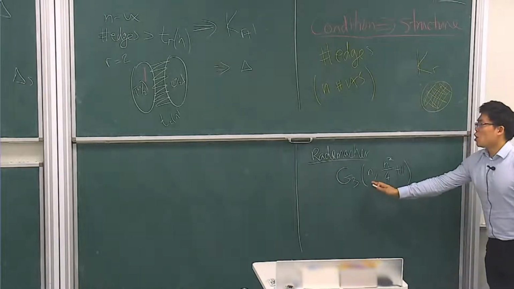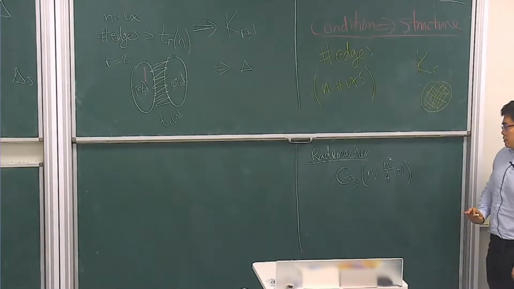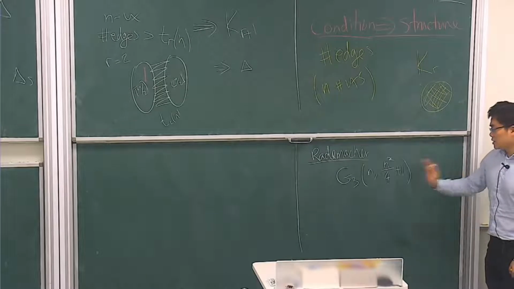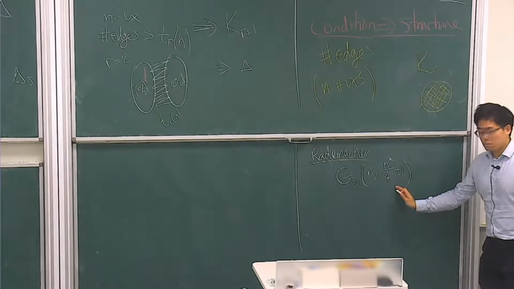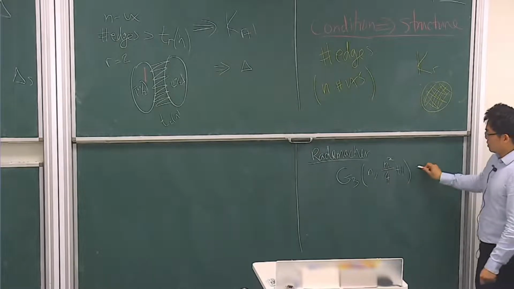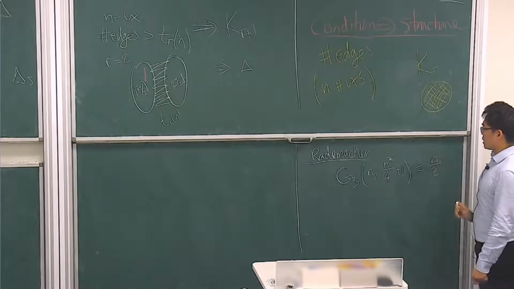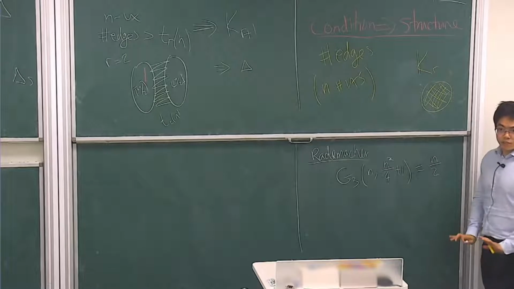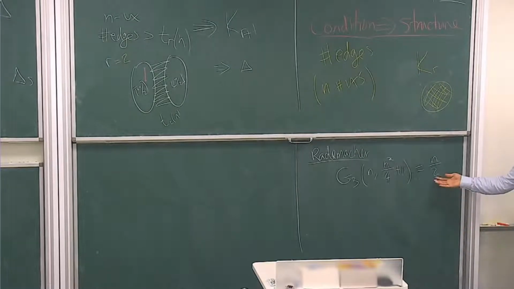Okay, we have among all n vertex graphs with n squared over 4 plus 1 edges, you can always see n over 2 triangles. Let me just forget about floors and ceilings for a moment. Why equality? Well,